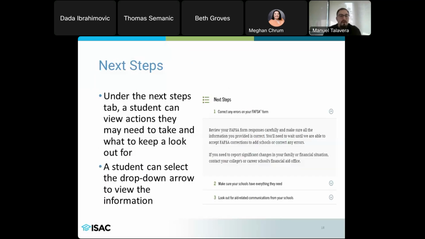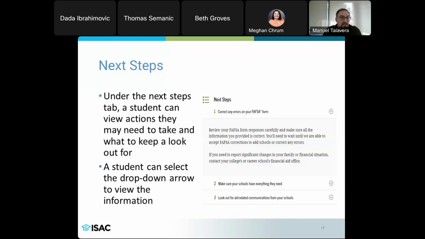So the next step, under that tab, a student will see if they need to make any corrections, what steps they need to take to make those corrections, and figure out with the school if they have everything that they need. So the best bet is to reach out to the institution. Schools, when requesting information from students, may request very similar information or not so similar information.